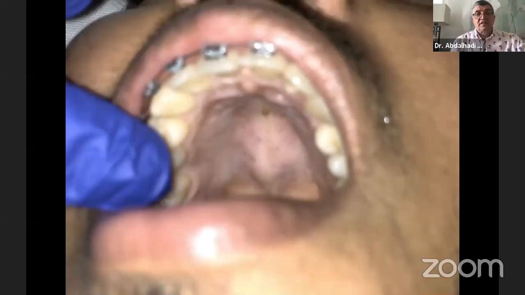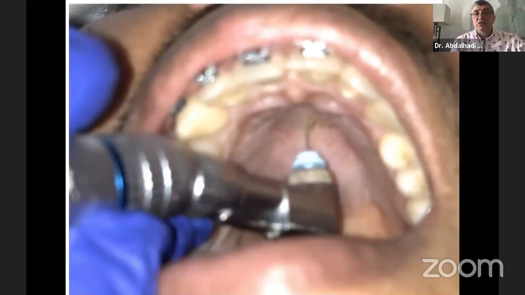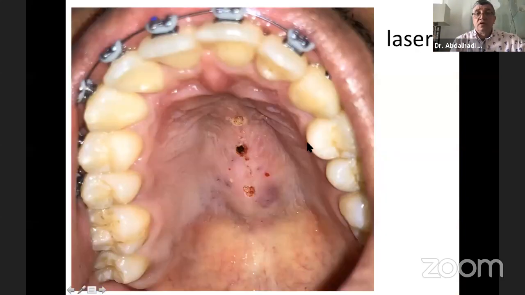Okay. And this is his palate. So I do perforation in his palate, at slow speed. And I use this perforating needle that we use as dentists to have good anesthesia and truncular. They are needle perforators, and they are very cheap. And here I give you an idea about the perforation that I did. I did 3, but there may be 5, I think. And there is a small perforation at the side of the palate.